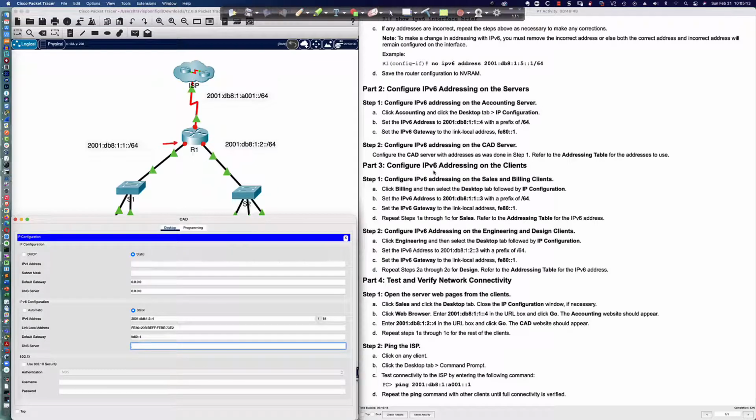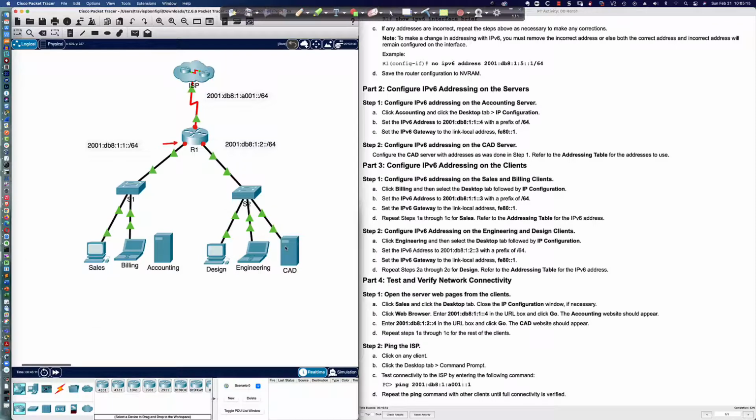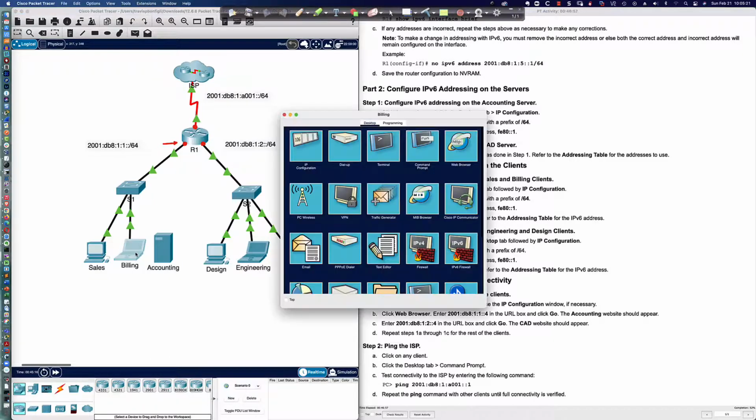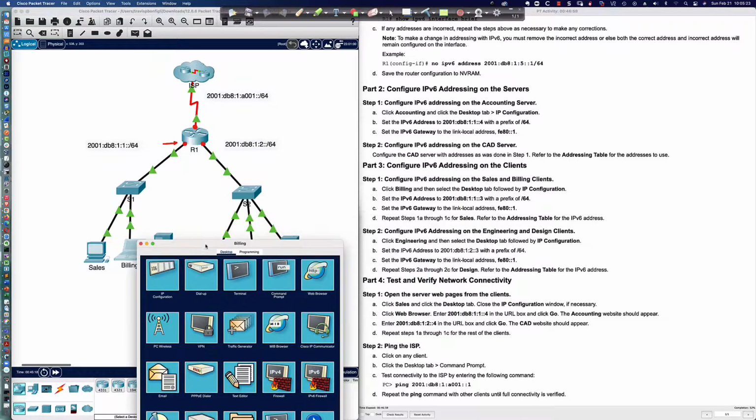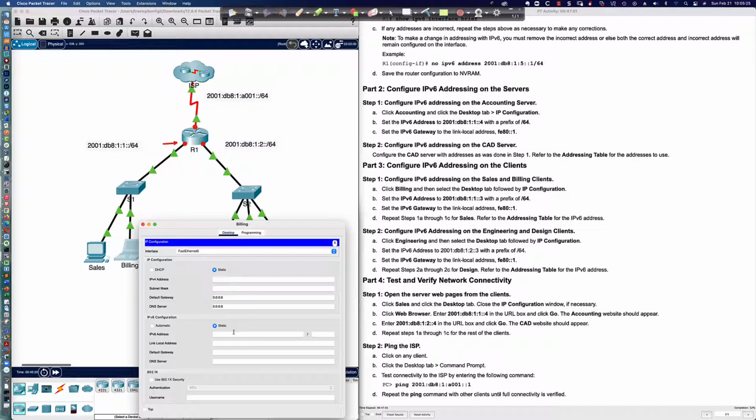All right, so part 3, configure IPv6 addressing on the client. So we did the servers, accounting and CAD. Now we're going to do the client. So we're working on billing, which is a laptop here. And what is the IPv6 address there? Well, they give it to us. It's 2001:db8:1:3